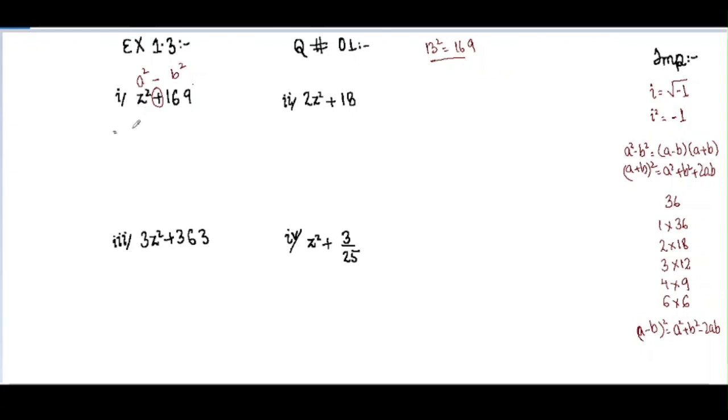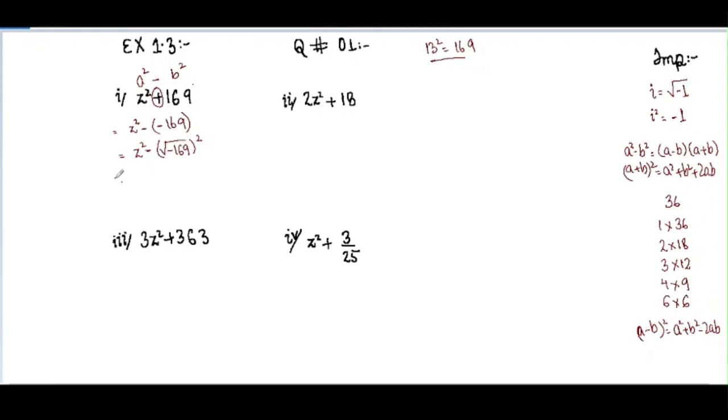So first of all, we are going to write it as z square, as it is because it is a square. Now we have to change it into minus, so we are going to write here minus, and then again a minus sign with 169. You see, minus into minus gives us plus. So nothing's changed, just we have to write a negative sign over here, and then we also have to write a negative sign over here so that we can get a positive sign as a whole as required in the question. So z square minus, now we are going to write it as square and square root of minus 169. As this square and square root cancel, there is not much difference.